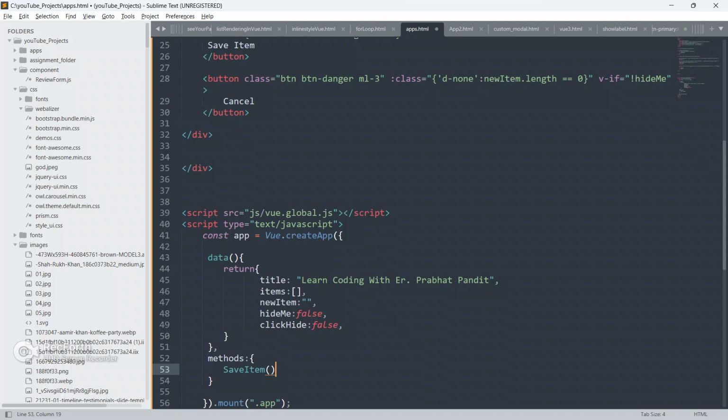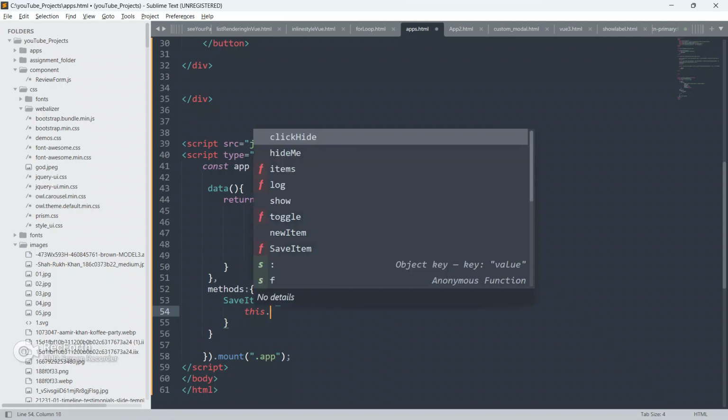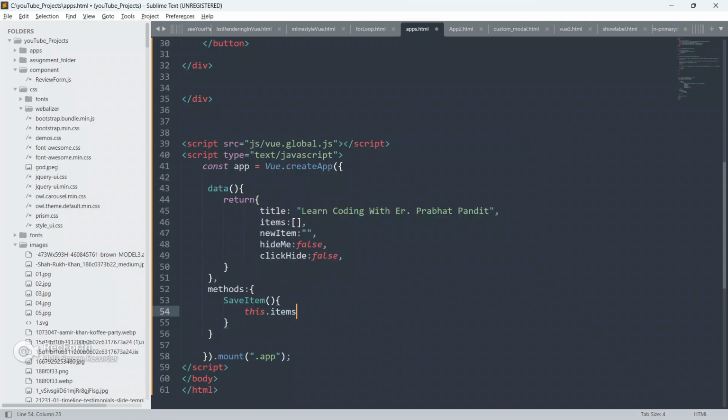So now I'm going to create the save item method. this.items, I'm talking about this array items, guys, which is an empty array as of now. So now this.items.push, I'm going to push something in this array.